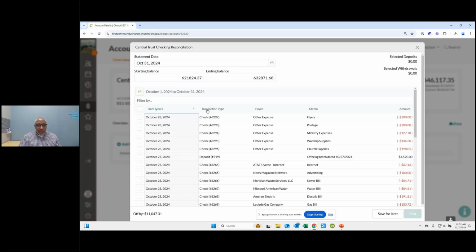So I have my bank reconciliation here, and most problems happen when it comes to reconciling accounts. It always lands on either transactions are missing, literally from the system. If they are missing, you'll click Save Later to save your place. You'll go back out to just your regular ledger here, and then you'll add the transaction in. There's situations where they've got two transactions in for the same amount and they've selected both of them. That always causes a problem.